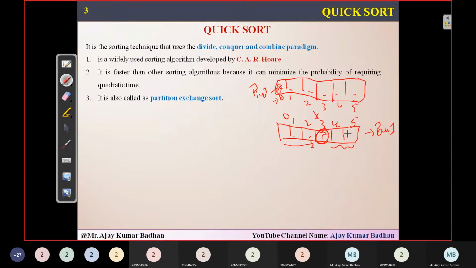Initially we will select one pivot point, and based on that we'll do some kind of swapping. We will see how exactly we are going to do it. After doing that, this pivot point will be positioned in its exact position. Based on that we'll come to know that the elements on the left hand side of that pivot point will be less than this value, and those on the right hand side will be greater than this pivot point. So you have already sorted, this is a boundary here. These are higher values and these are lower values.